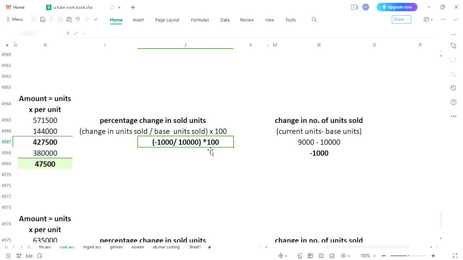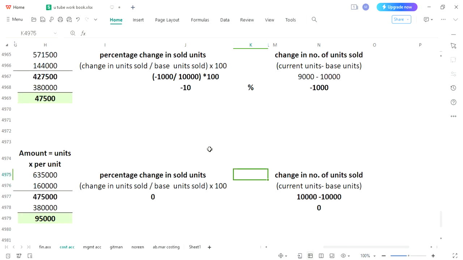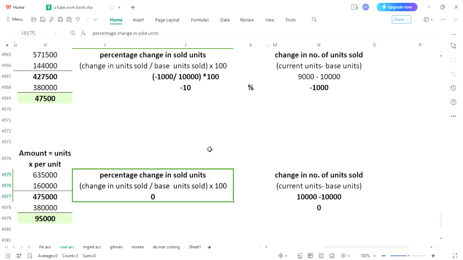And now we can put it on our calculator. Bracket start, minus 1,000, and you need to divide it by 10,000, bracket close, multiply by 100. So we have got minus 10% for B1. This is what we have calculated, the percentage change in units sold. Now guess what we are going to do? We need to use the same formula again for calculation